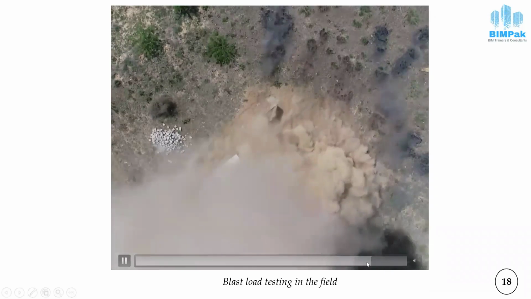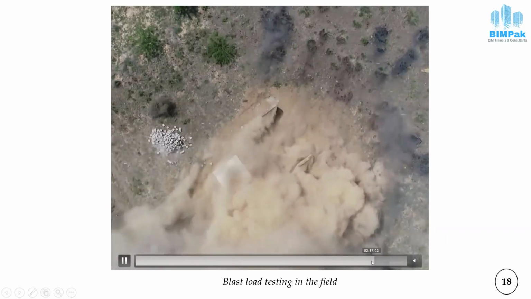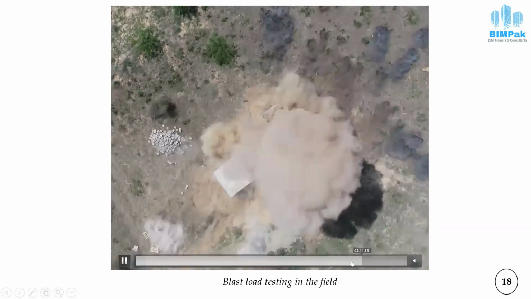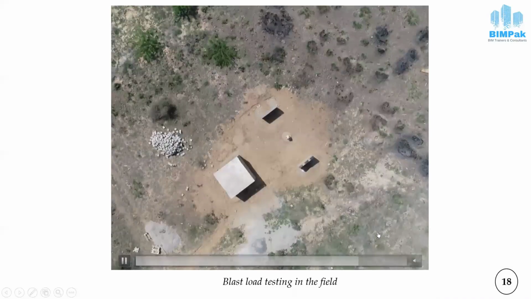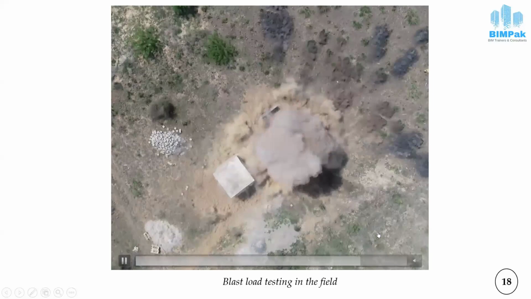Here, from this video, you can see the negative phase of the blast. Here you can see that after blast,